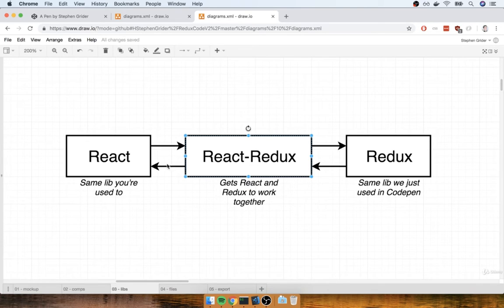We're going to really be learning a lot about React Redux at this point and moving forward because we already know how React works pretty well, and you've got a reasonable idea of exactly what Redux is doing. So in this app, what we're really learning at the end of the day is how React Redux works, as opposed to just React or Redux.